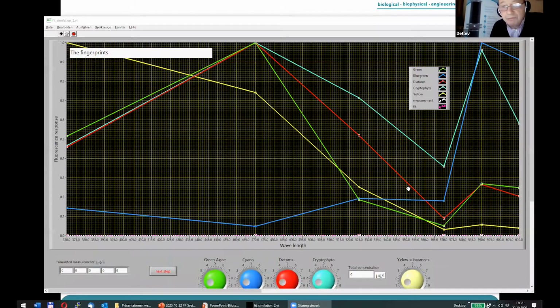This would also improve the quality of your analysis, but almost all of our users use this fingerprint as we propose in our instruments.